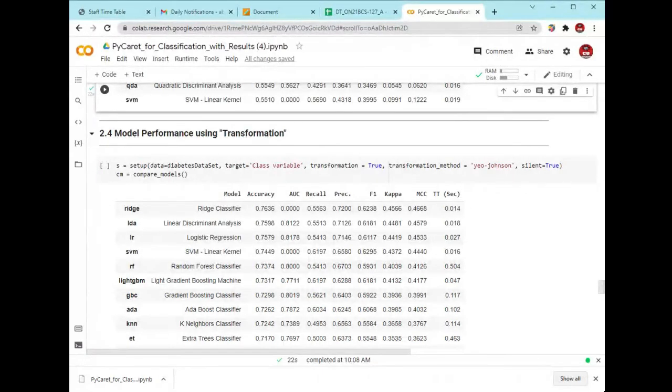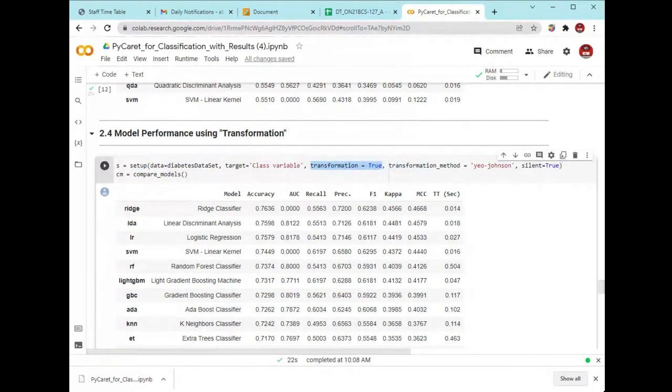Right here we are applying transformation. So we are using transformation equal to true, and Python has all these functions, which are automatically applied to this particular data set. And we are defining here the method, which is Yeo-Johnson.